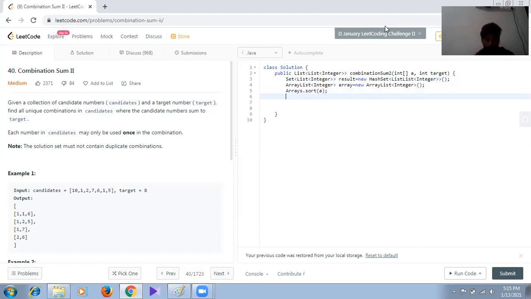Now we will make a backtrack method, and we will write all the logic in this method. The method name is backtrack.